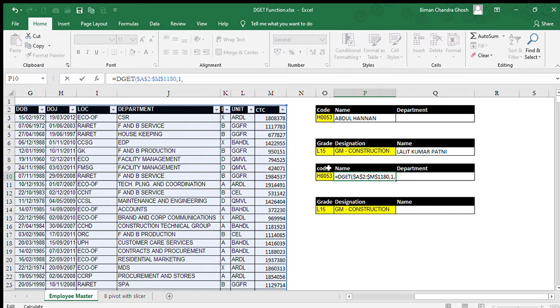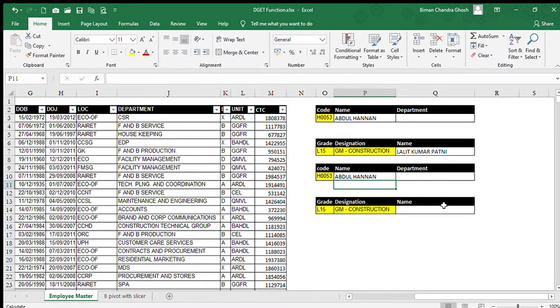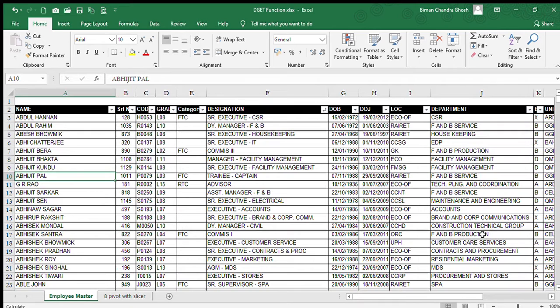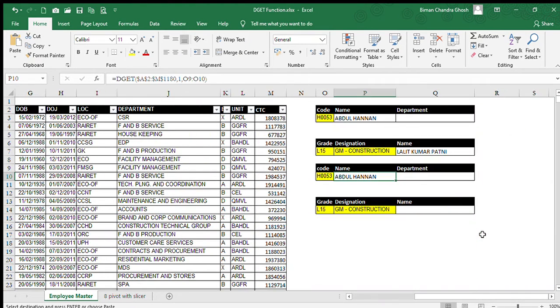Here our criteria is the header Code and the corresponding value. Close the bracket, enter. I'll show the syntax separately later on. Now we can change the code. Say we are finding P0079 instead of H0053. Control V, Abhijit Pal. So you have to remember that in the DGET function,